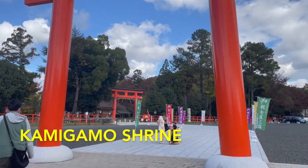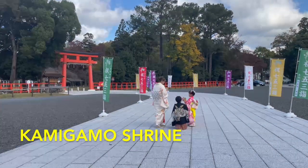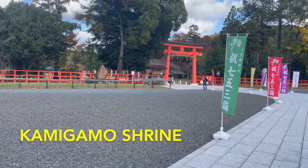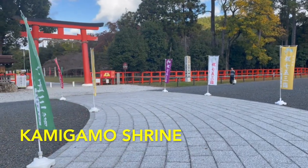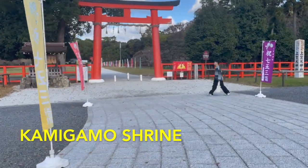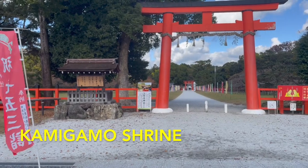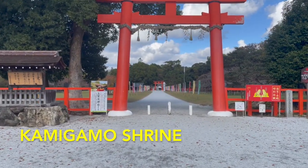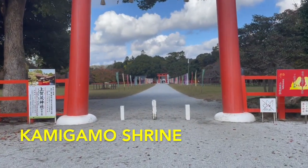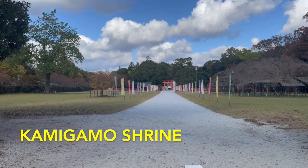Alright, now we are in the very northern part of Kyoto in Kamigamo Shrine. I don't usually come here. The people that we passed in kimono, that's part of the 753 ceremony for children. What is it? They get a blessing for a healthy life or something? Mom? Yeah. Oh, okay, yes. And this is a Shinto shrine. I always get the temple and the shrine mixed up, but...